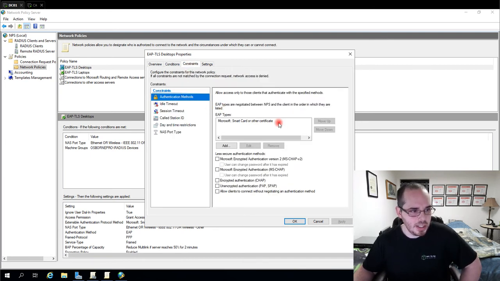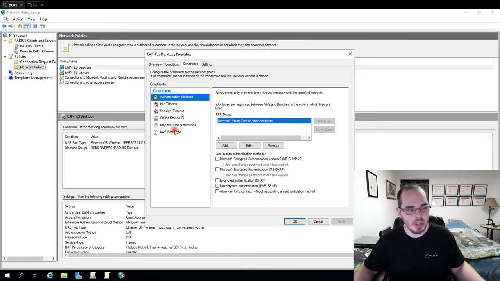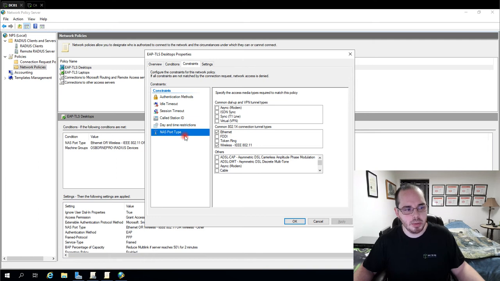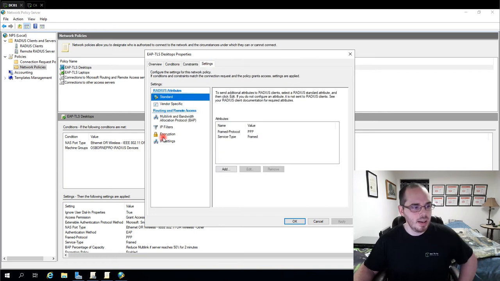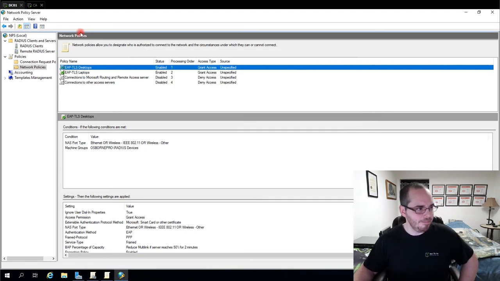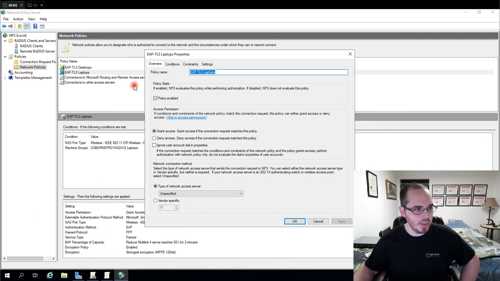Under authentication methods, we still have smart card or other certificate selected. This is because we're using EAP-TLS, and under NAS port type here, I have Ethernet selected as well, as long as the other wireless options. I click OK. Now, just to show you with laptops,